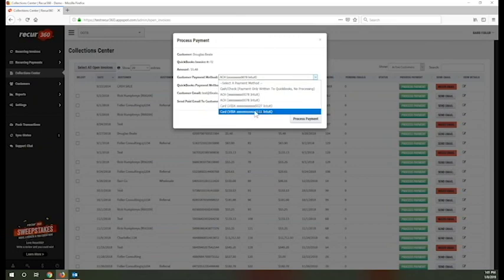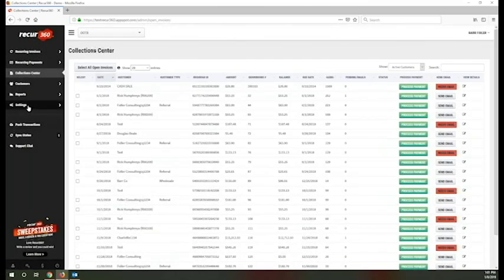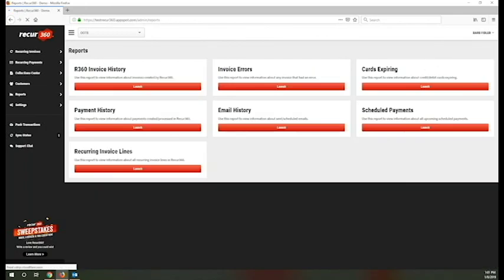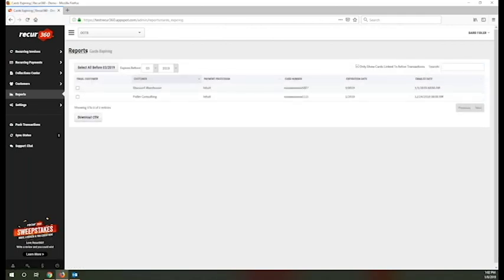Also in line with that, because we process recurring invoices with that, we have an email notification of expiring cards. So customers that have a payment form stored with you, you can set the system to automatically notify them a certain number of days in advance that that card is getting ready to expire and they need to update that information. Again, that way you don't have to worry about, is that card still up to date? Is it going to process next month? So we kind of try to automate a lot of that process for you.